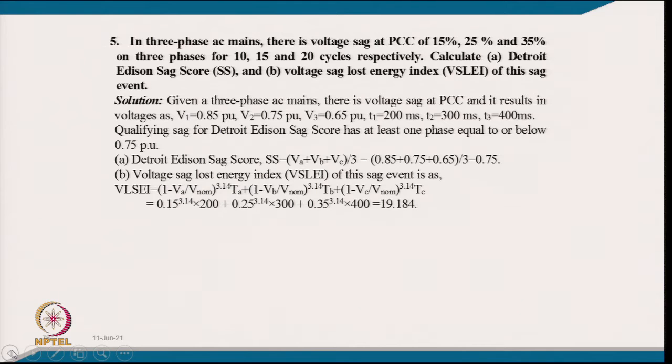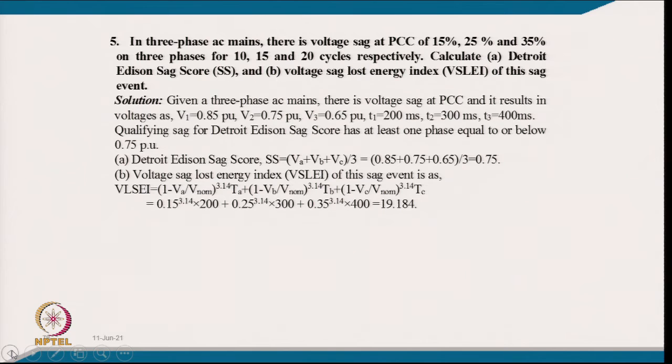Then, this is just to introduce you to the power relations in case of power quality issues, where the voltage and current were unbalanced. This is another example: in a 3-phase AC system, there is a voltage sag at the point of common coupling of 15%, 25%, 35% on 3 phases for 10, 15 and 20 cycles respectively. Calculate the retrograde addition sag score and the voltage sag lost energy index, which is defined as VSLEI, of this sag